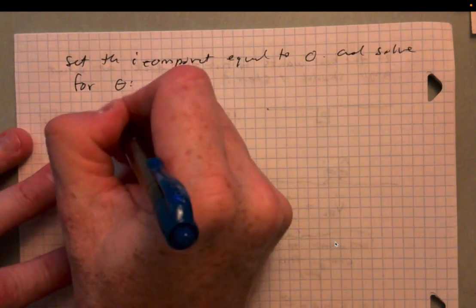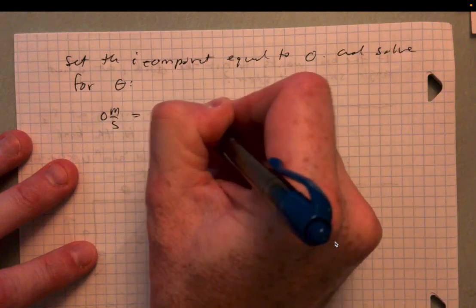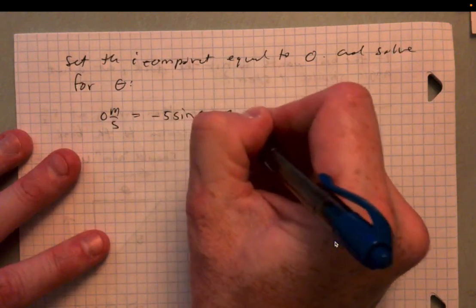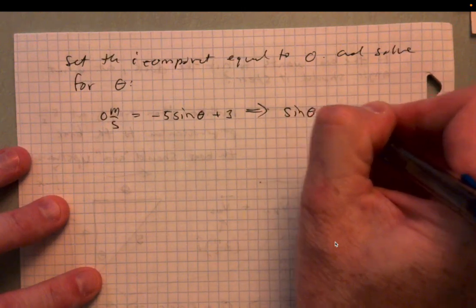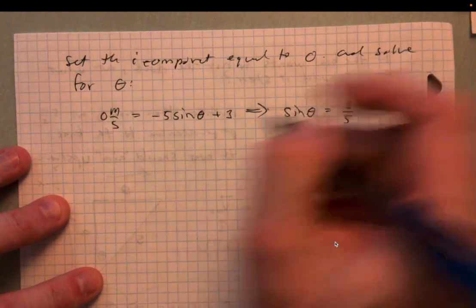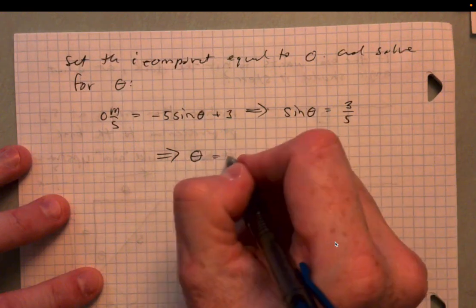So we've got 0 meters per second is equal to -5 sine of theta plus 3, and this couldn't be easier, right? The sine of theta is therefore 3/5, and so then if you just look at the inverse sine function,